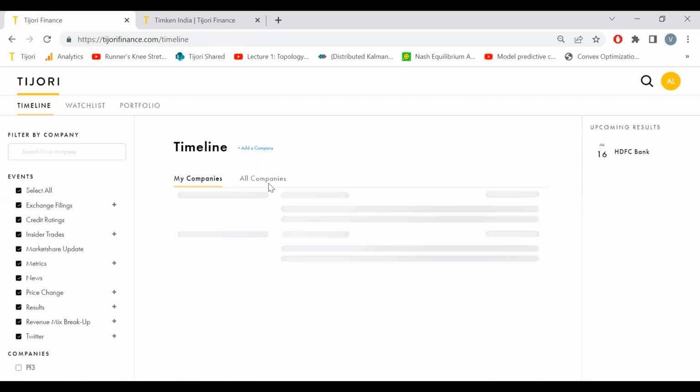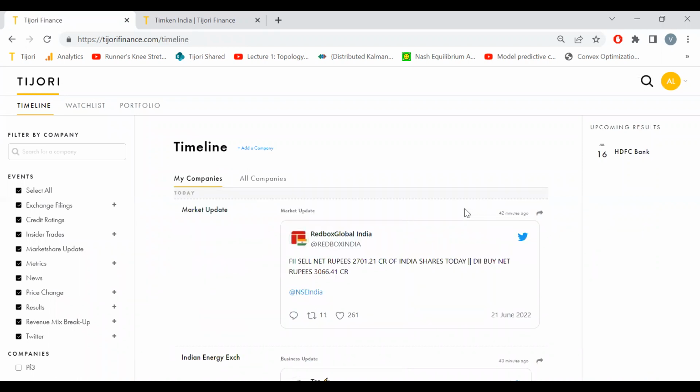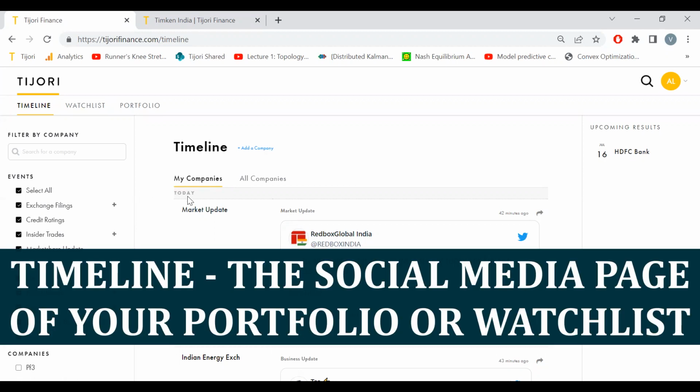The last thing I'll show you, we'll talk about timeline a bit later, but what timeline does is basically, you tell Tijori your watch list or your portfolio companies, and it generates a sort of Facebook, not as trivial as Facebook or Instagram, but it generates that sort of interest-based feed on those companies.